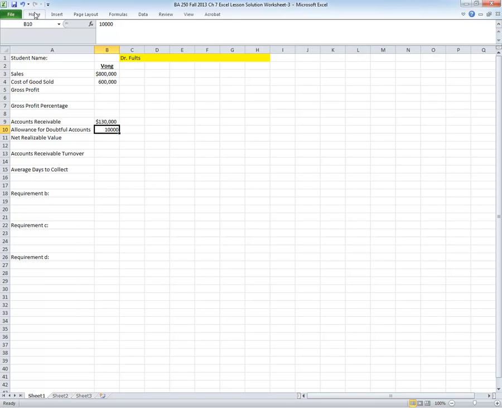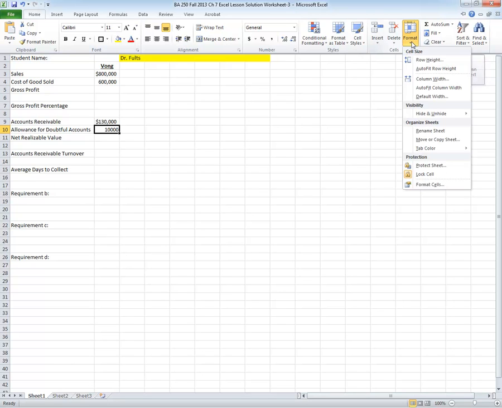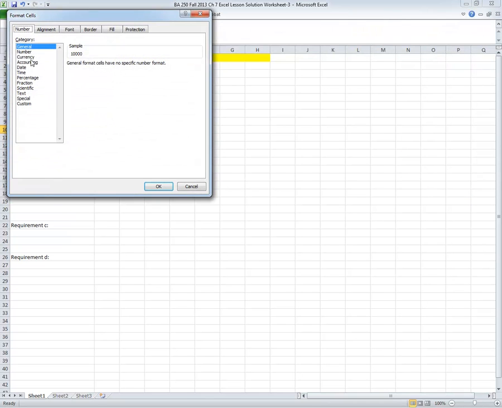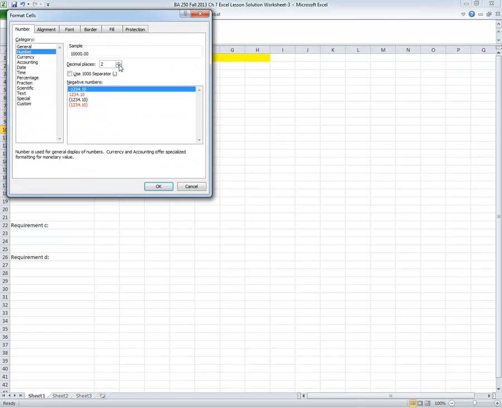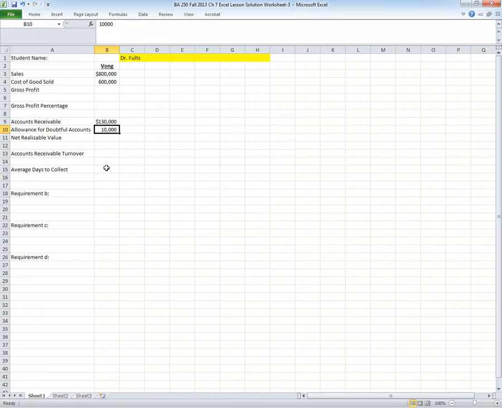And then for the next one, I want the home tab to give me the home toolbar. I want to come all the way across to the right to where it says cells, and to the menu that says format cells. Click on that menu. It's the very last item in that menu, says format cells. I'm going to make this a number. I'm going to have no decimal points in it. I'm going to have commas for the dividers, and I'm going to have negative parentheses black numbers. So now I have it set up for what they have for Vong,